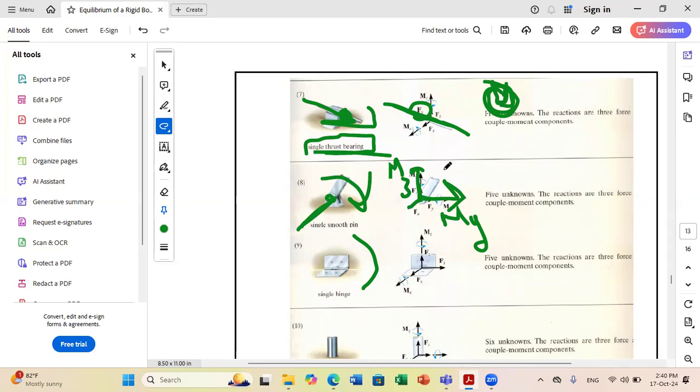I cannot do anything except rotation about the axis of the pin or hinge. The hinge is like the connections at doors that you put for doors. This connection will allow me only to rotate about this axis, and I cannot do anything else. That's why when I present the reaction forces and moment, I have 3 force reactions because I cannot